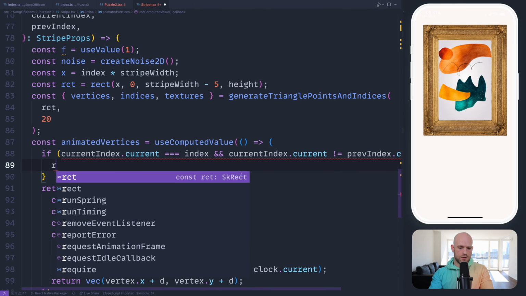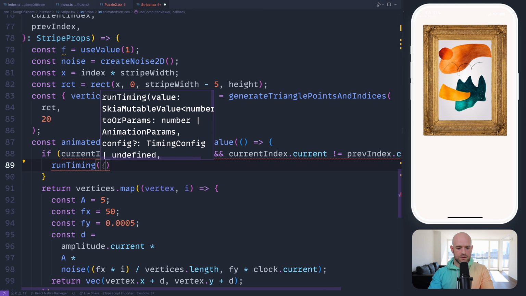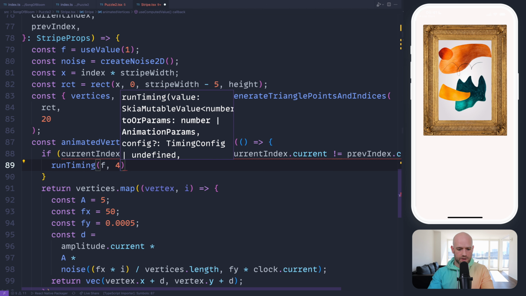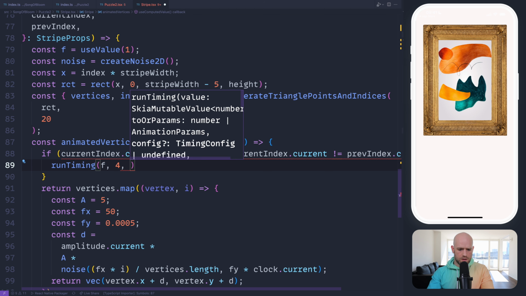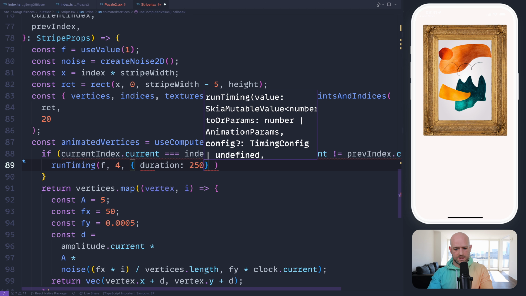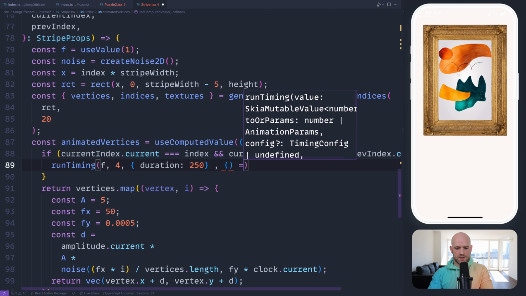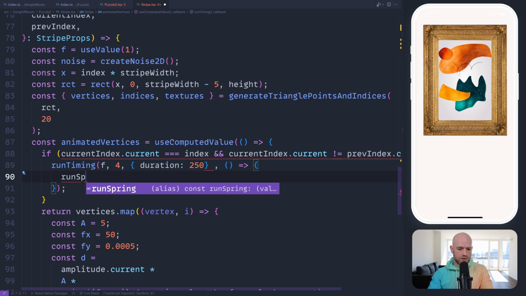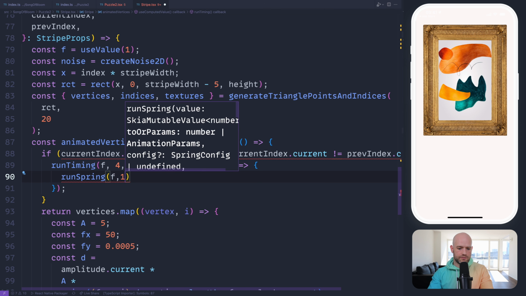So we can do run timing on F, and we go, I don't know, 4, we multiply by 4. It's probably not correct, but maybe for a short duration, 250. And then when we end, we want to go back quickly to 1. So maybe you can do run spring on F, and we go back to 1.